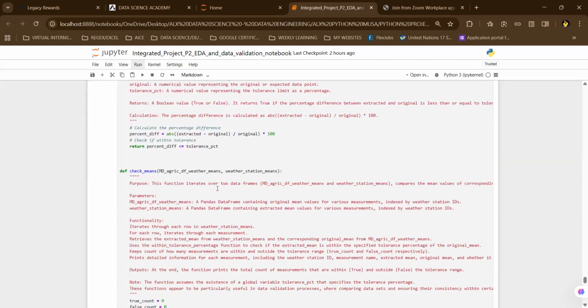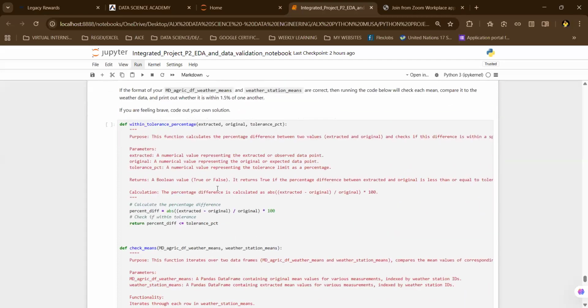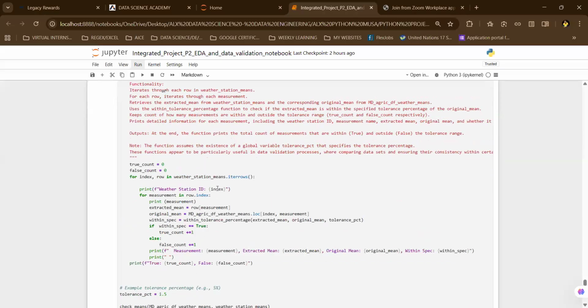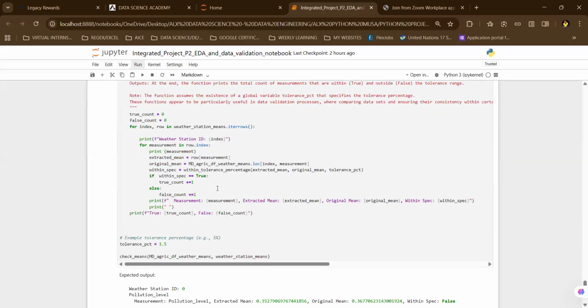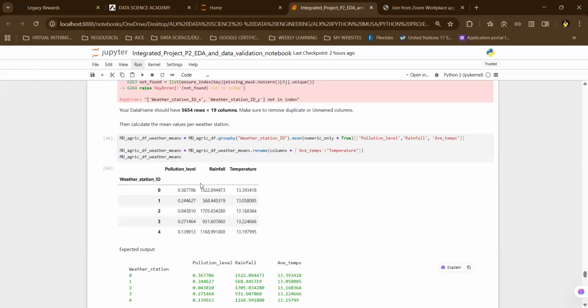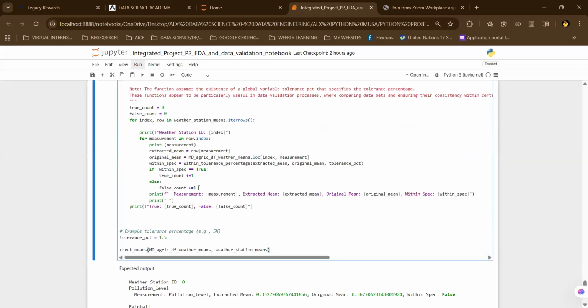So this is a series of functions that will be used to print out the mean of each of the weather stations and their pollution levels, the average rainfall, and also temperature. So if you run this,